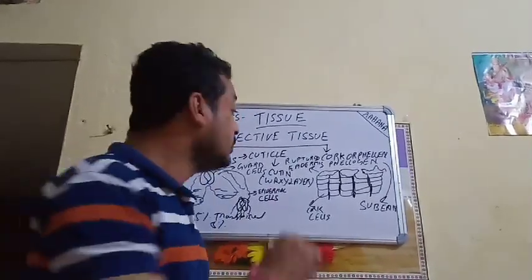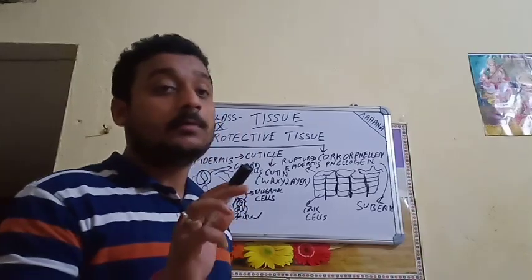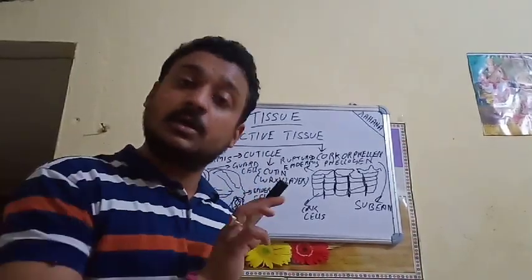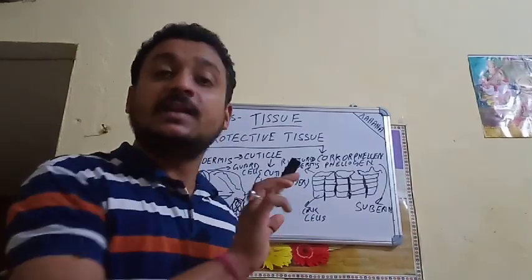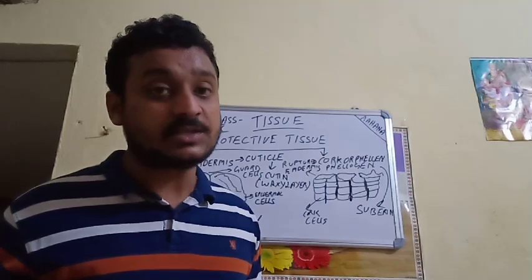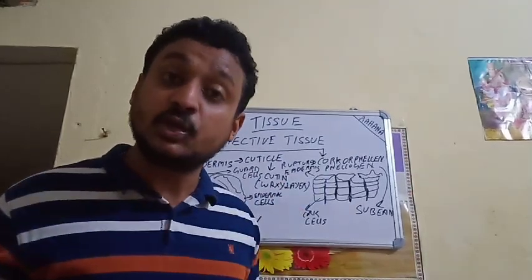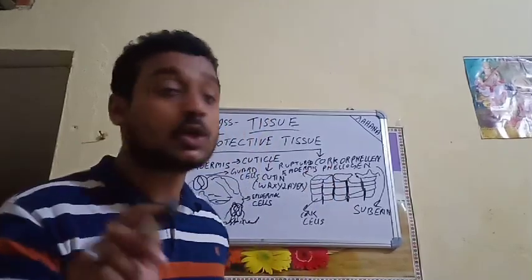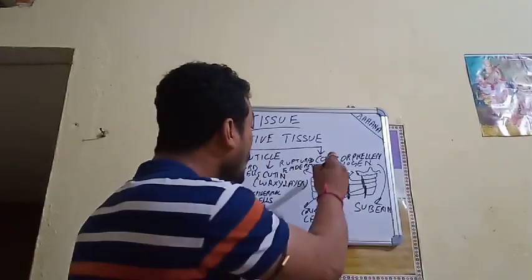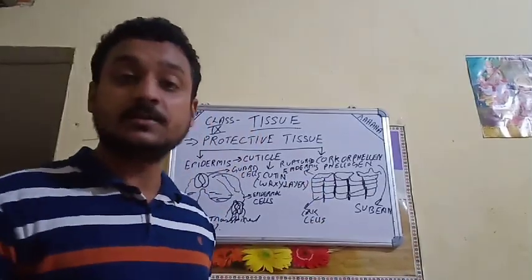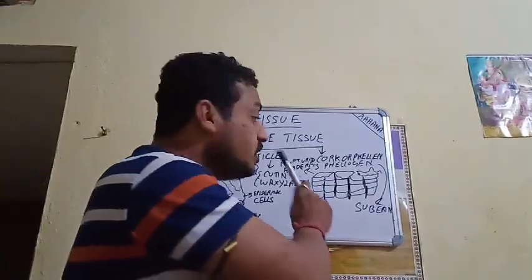So what happens? The plant will not get any kind of heat shock. The plant will be heat proof as well as shock proof. The plant will not receive any mechanical or physical shock, or any kind of heat shock. As well as bacterial and microbial infection, the plant will not receive, because there are no intercellular spaces for the microorganisms to go inside and infect the plant. This is what we have about suberin.